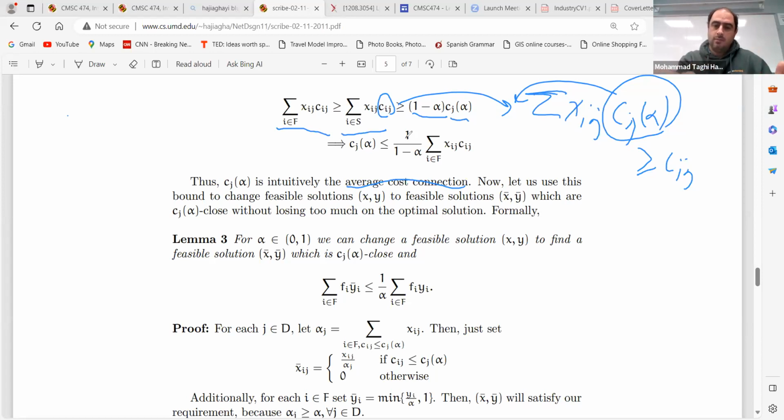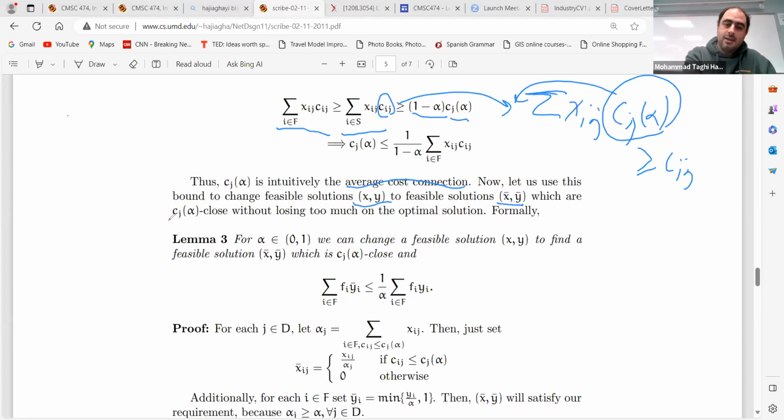And what is the goal? As I mentioned, this Cj alpha is the Gj closeness that we are talking about. Now, let's consider the whole xy from the fractional solution. From that, I want to get a feasible solution, x bar and y bar,